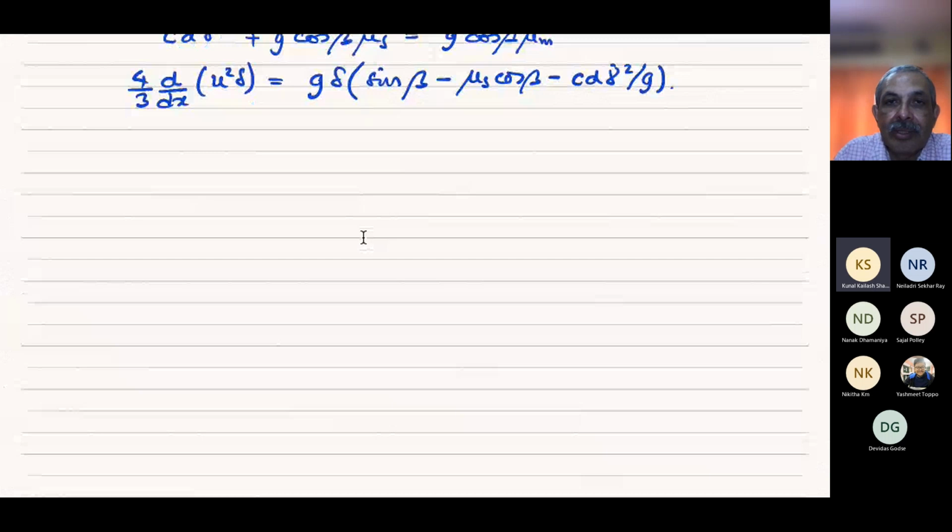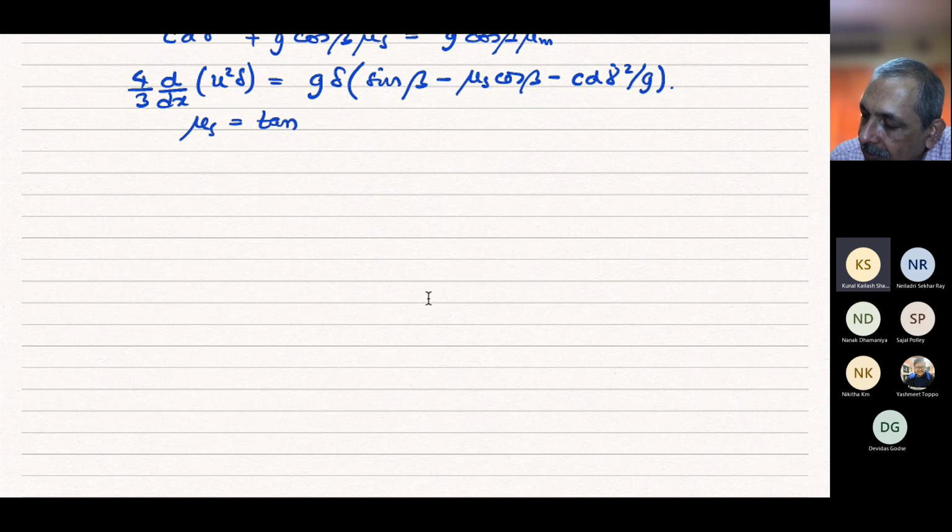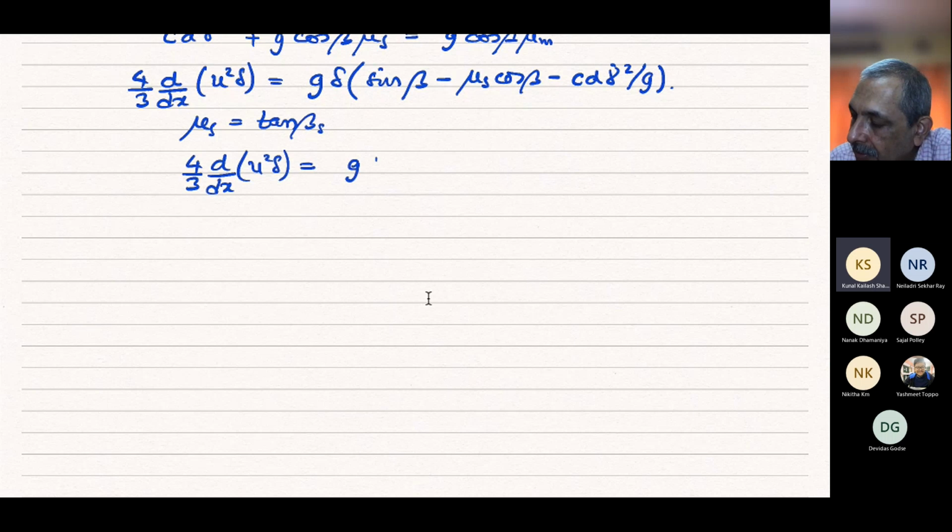And you'll see that eventually you'll get exactly the same result, but it just makes things a little easier here. And so now if I combine this, if we write mu s is equal to tan of beta s, then we can combine the first two terms, and what we will get then is that 4 by 3 d by dx of u squared delta is just equal to g delta